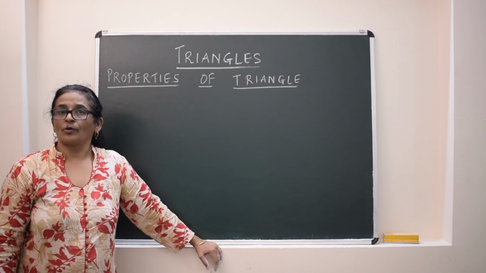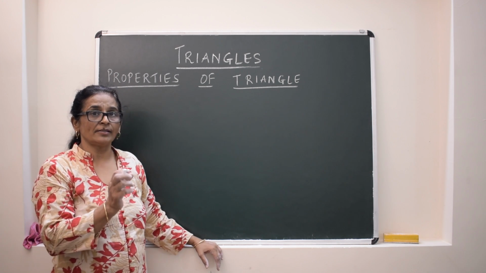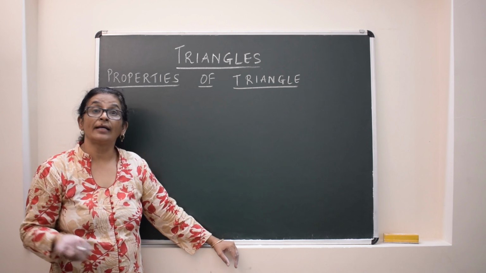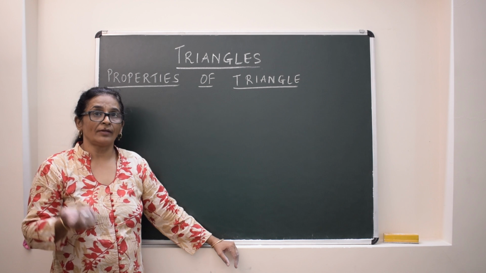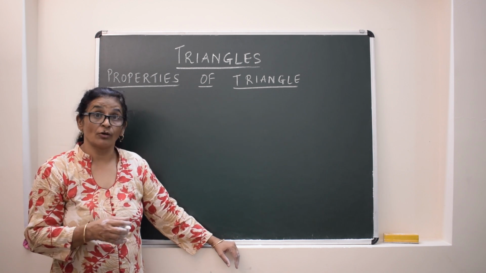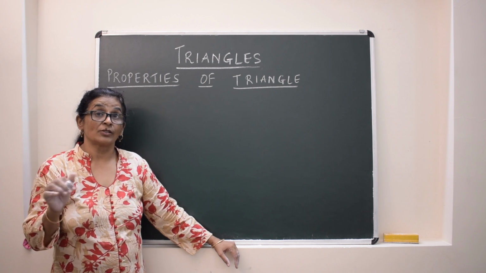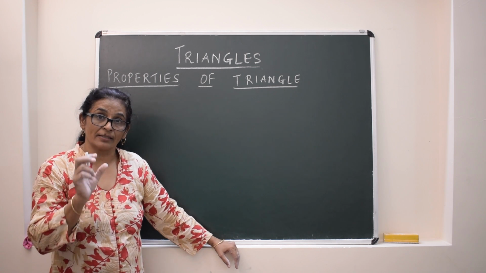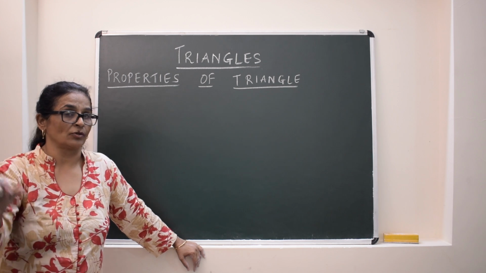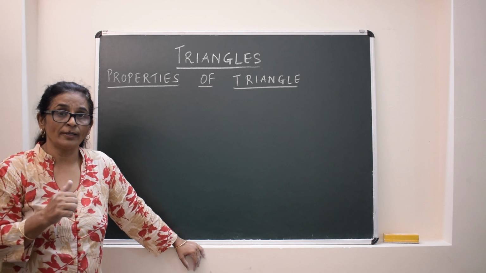Now we will discuss some properties of triangle. Properties means there are some parts of triangles. They are median, altitude, perpendicular bisector and angle bisector. So we will see that when these medians are drawn, where do they meet and what is that point called. When the perpendicular bisectors meet, then that point is called circumcenter. So like this, first we will take the concept, and then we will see where all these three medians are meeting. That point is called centroid, and we will discuss about the characteristics of those points also. So one by one, I'll tell you.